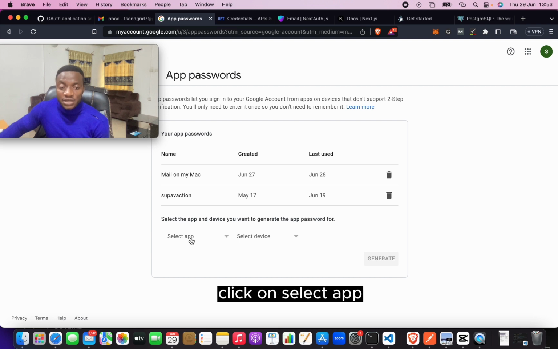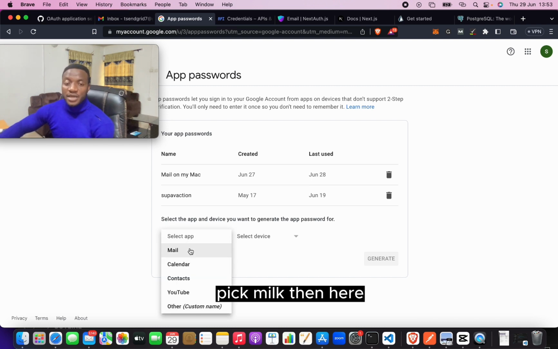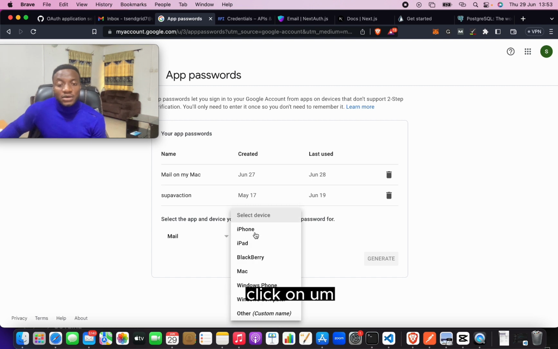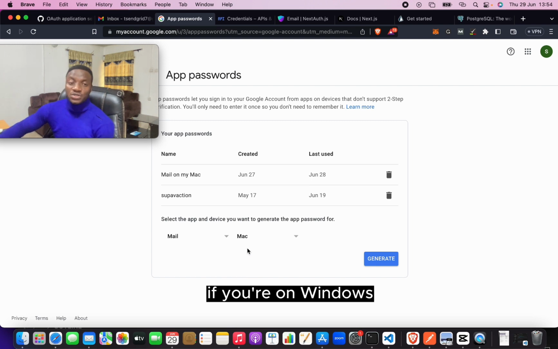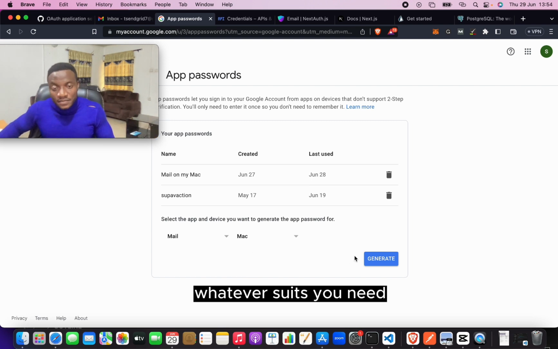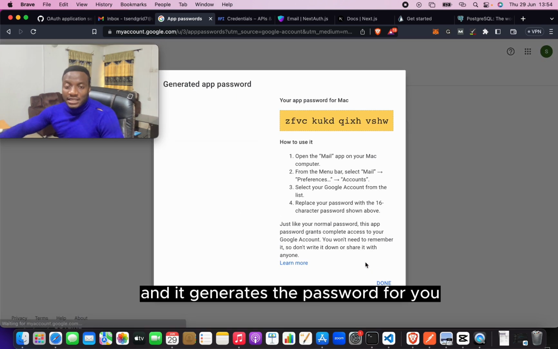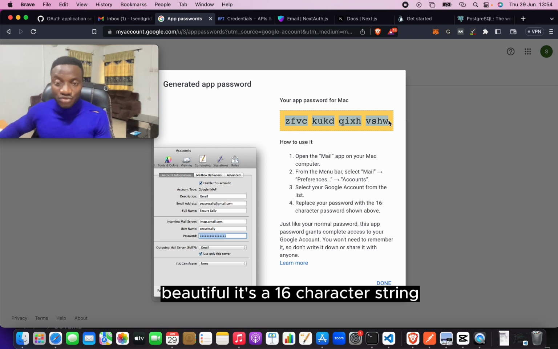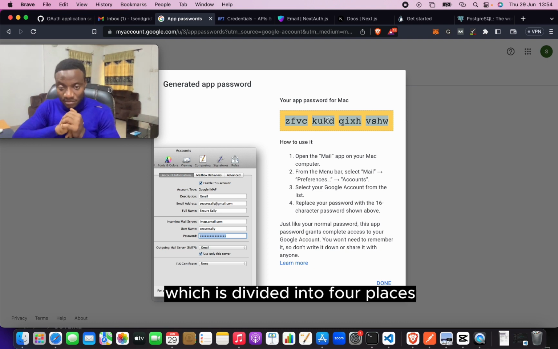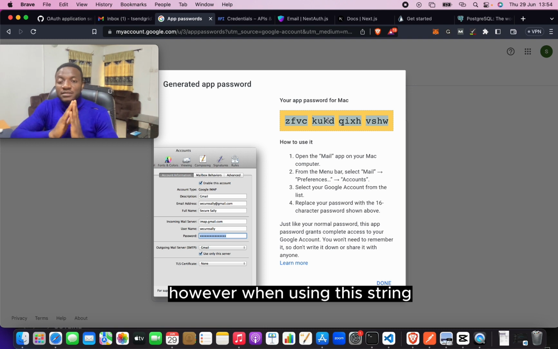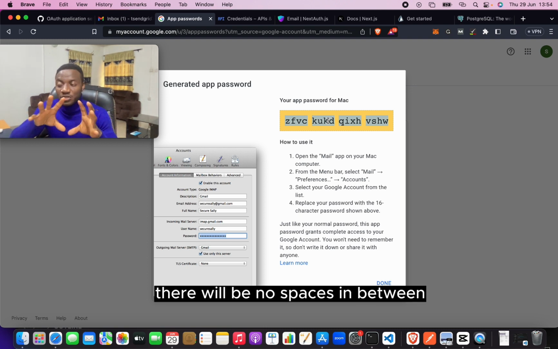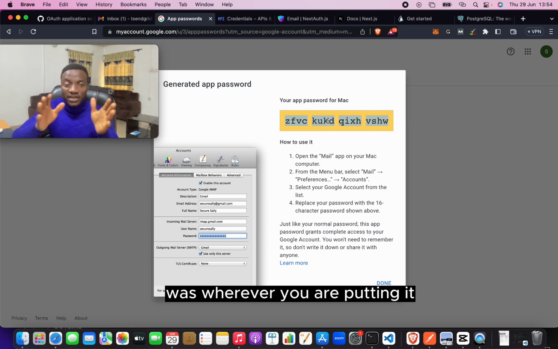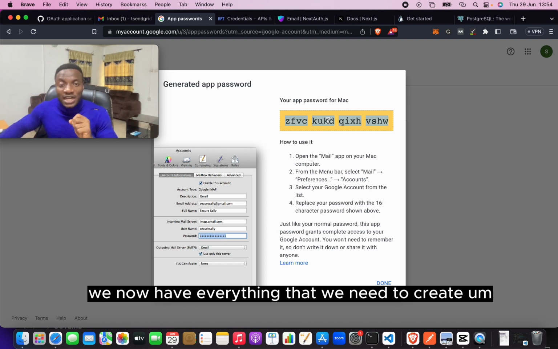So come down here, click on select app, pick mail, then here click on choose whatever you're using. I'm using a Mac, so I'll click Mac. If you're on Windows, you pick Windows, whatever suits your need. After this, click the generate button, and it generates the password for you. Beautiful. It's a 16-character string, which is divided into 4 parts. However, when using this string, there will be no spaces in between, so it will be one string wherever you are putting it. So with this, we now have everything that we need to create